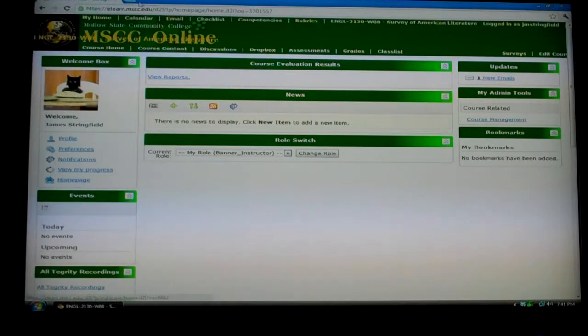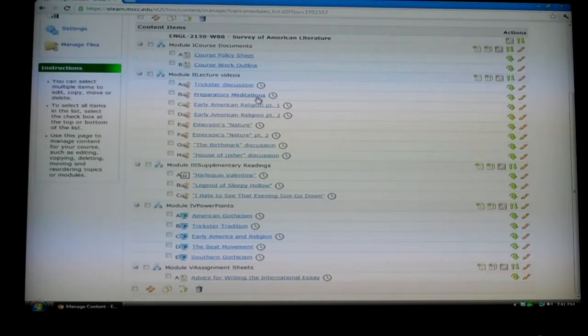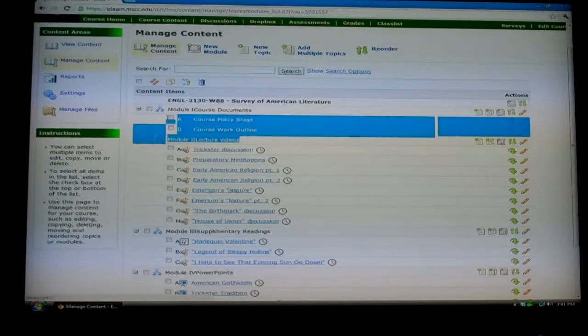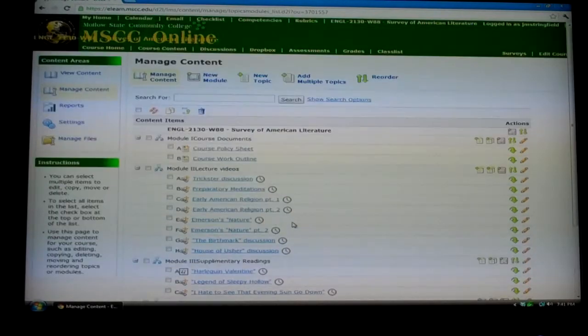The main tab that you'll use in here is going to be the course content tab, which is right here. This is going to be where I post things like assignment sheets, homework, and so on. Well, let's just look at what could be posted. A lot of this stuff on my view has the little clock beside it because you're not going to get to see this yet. But right now you should be able to see the course policy sheet and the coursework outline. All this other stuff will show up as the semester goes. If you want to view any of these items, you'll simply click and it should automatically pull up the document,